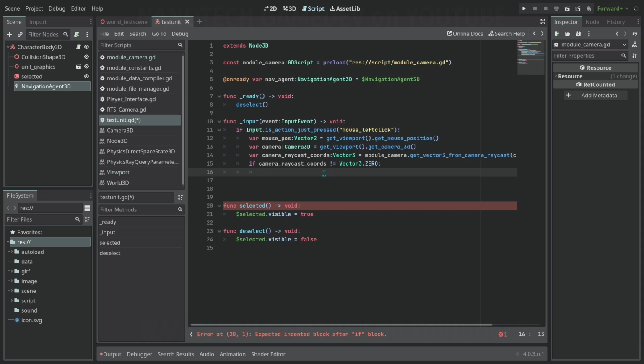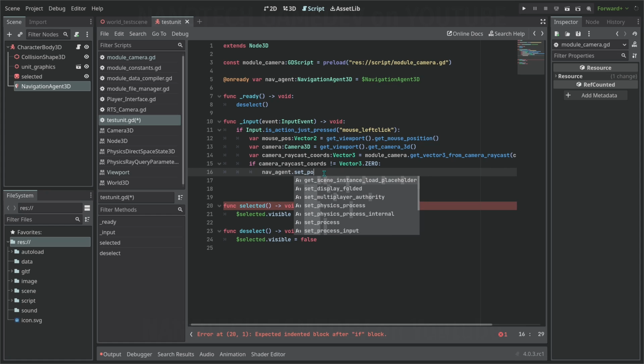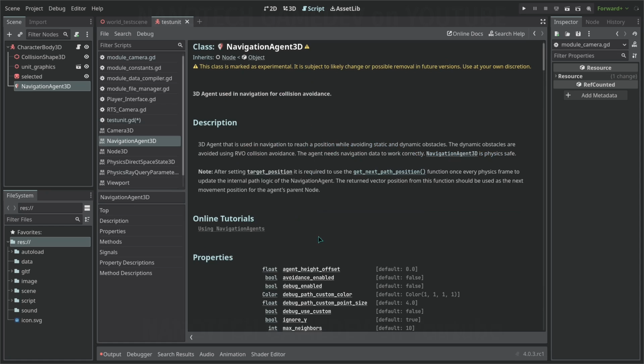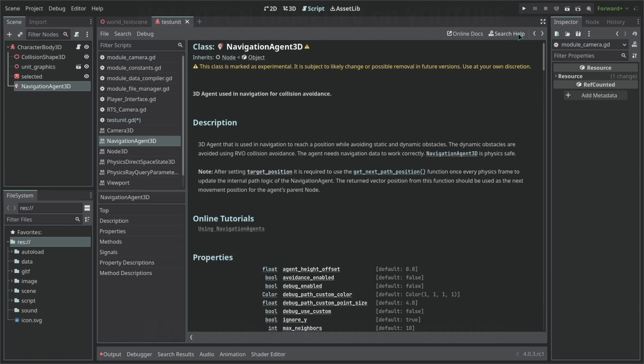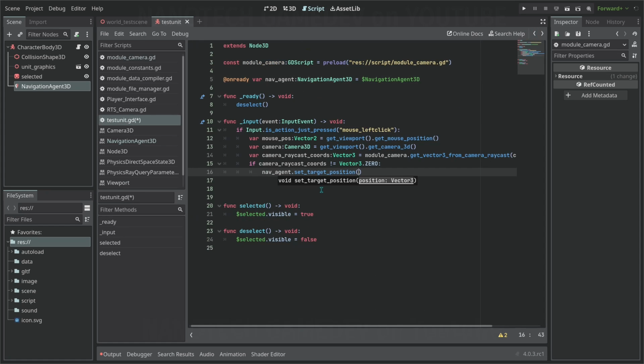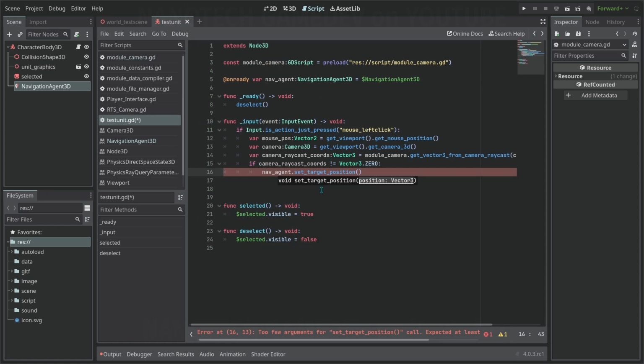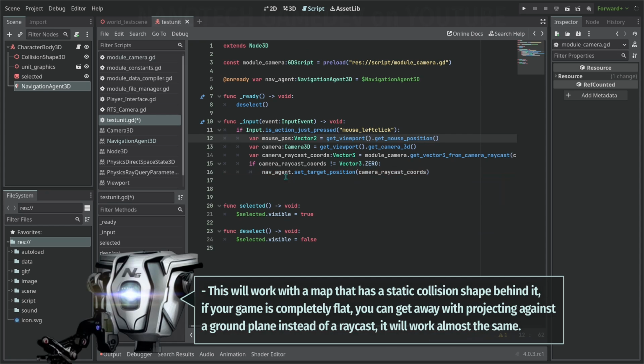Then we can do here nav agent dot, I believe it's set position, set target position. Let me double check. So it is target position, set target position. So we're going to give the position that we collided with the raycast camera. So camera raycast coords. So with this, we now have a target for our navigation agent, so it can generate